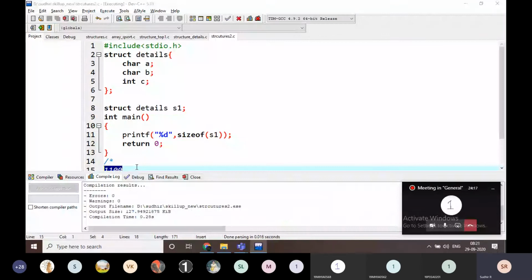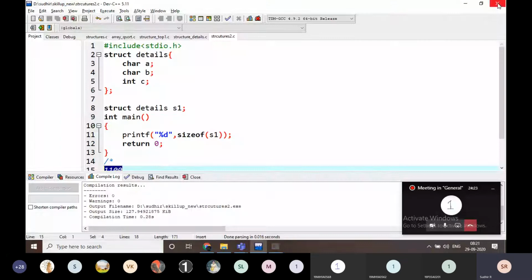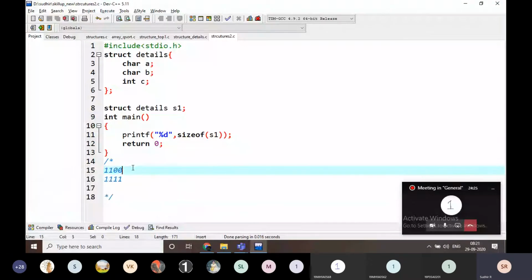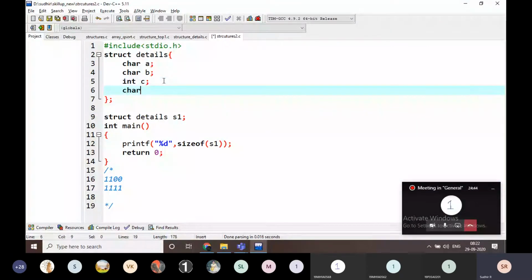The output is going to be 8. The first two characters take 4 bytes, and the integer takes 4 bytes. That's why the total value is like this. Now again I am going to write char D.